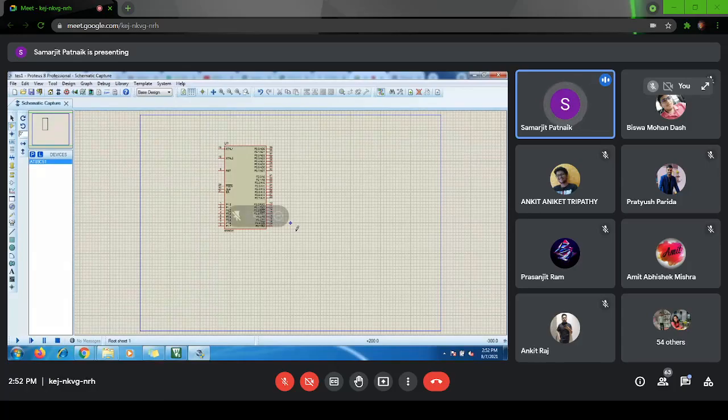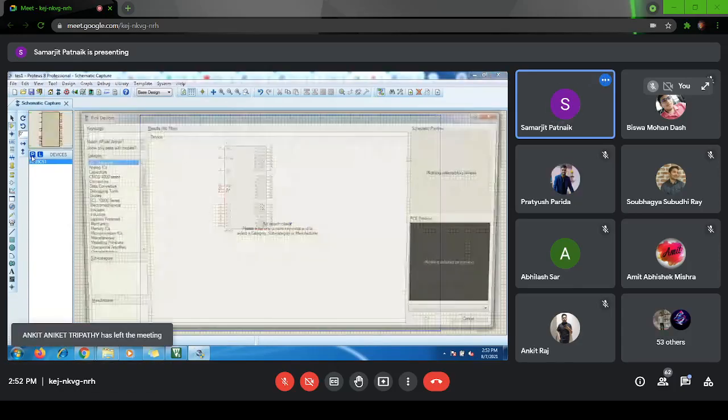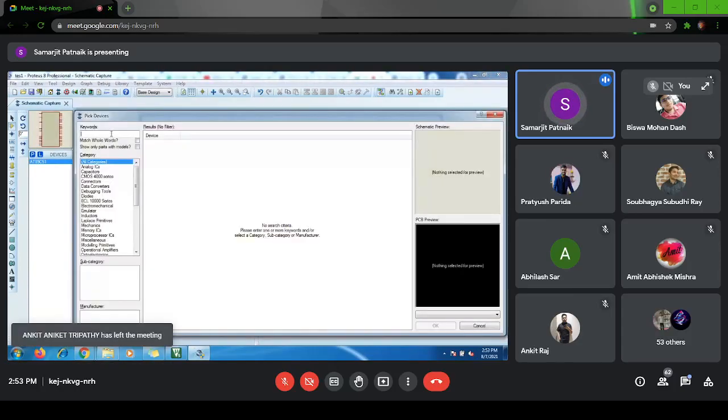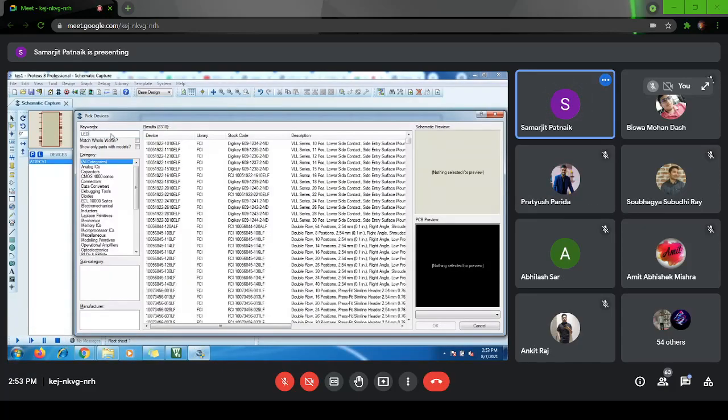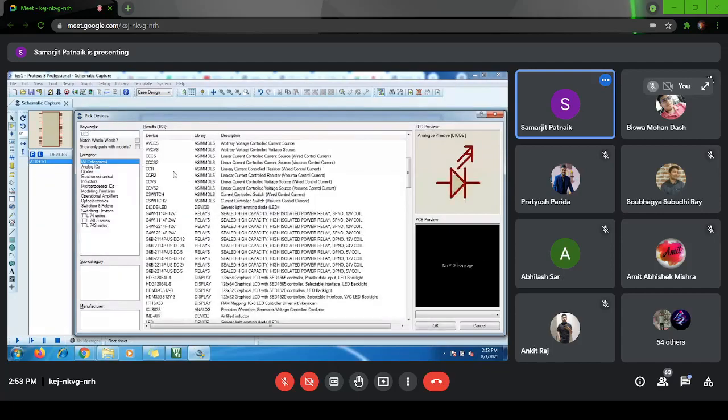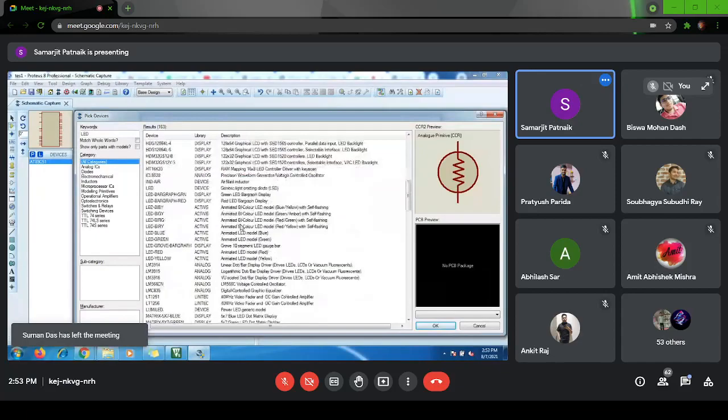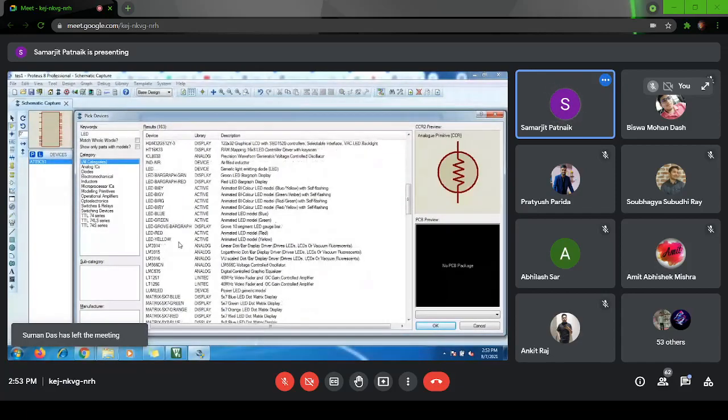Are you able to add this device? Yes, sir. Yes, sir. Okay, so if you can add this device, then do one thing. Go to this pick device again. Search for something called LED. LED. In LED,